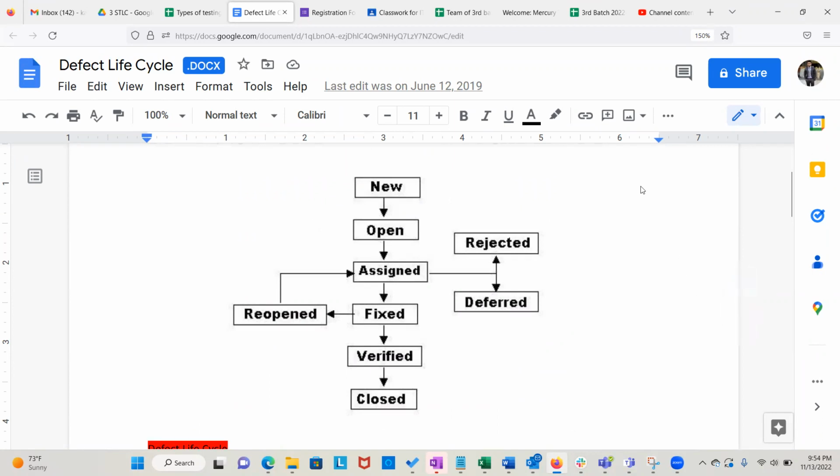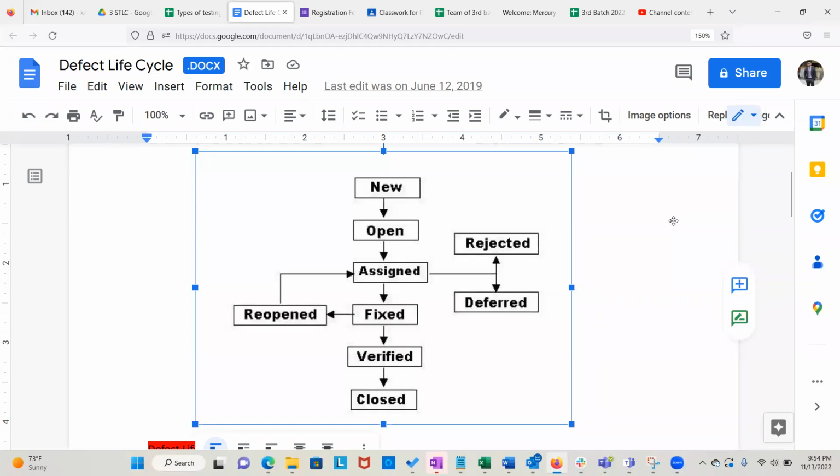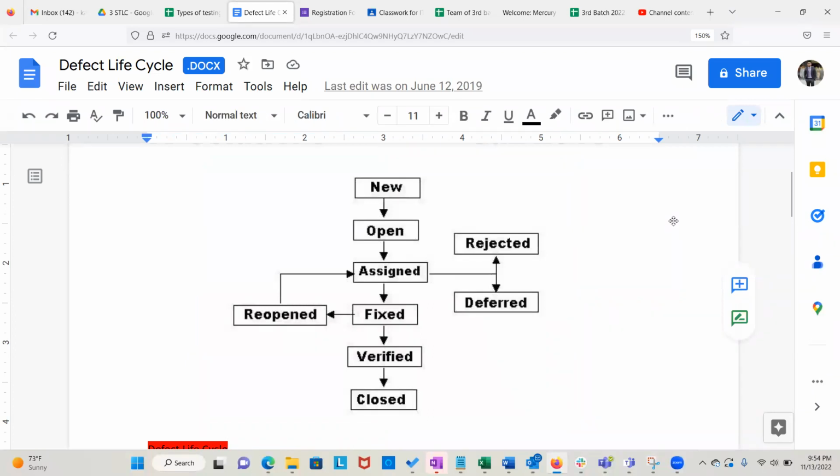So it's very, very important that you understand this standard workflow, and then we will show you other workflows as well. And I'll take you to my actual work environment and show you. So it makes sense, and you will see statuses will change company to company. So this is the IT solutions standard statuses. When we log a defect, obviously the status will be new. And this is an automated status. When you log it, it's going to be automatically new.